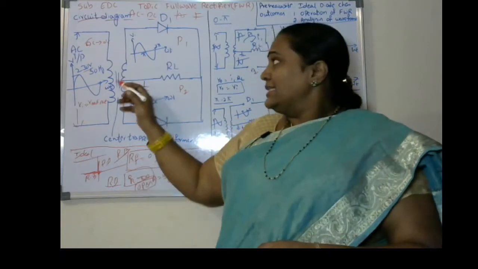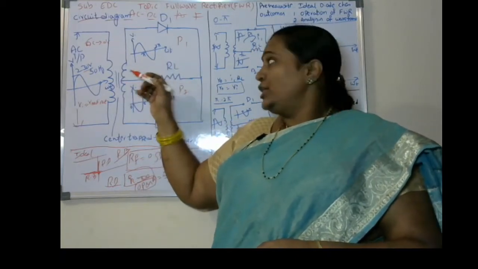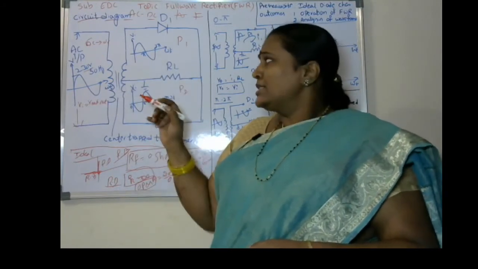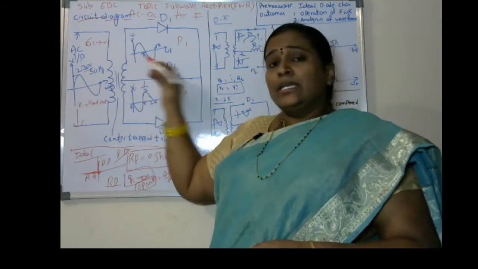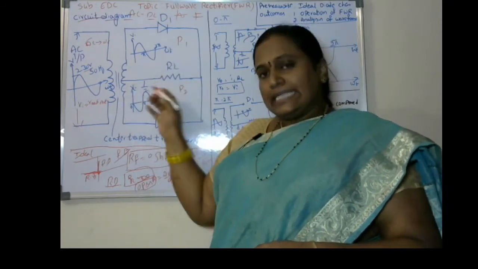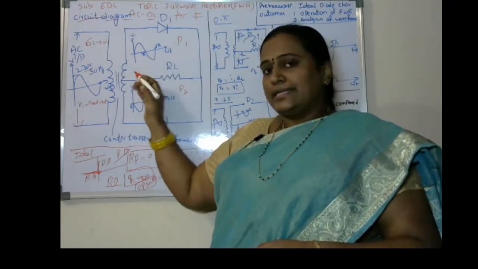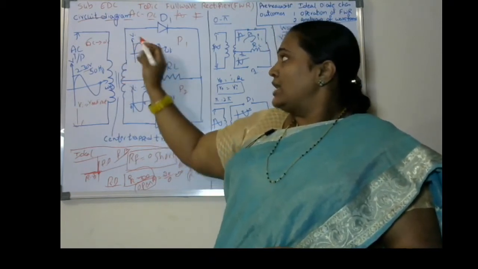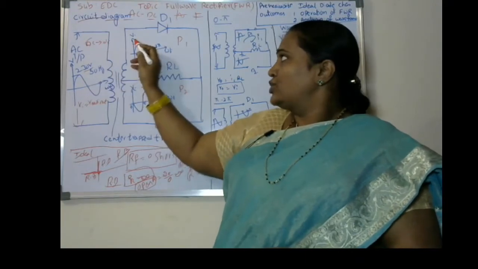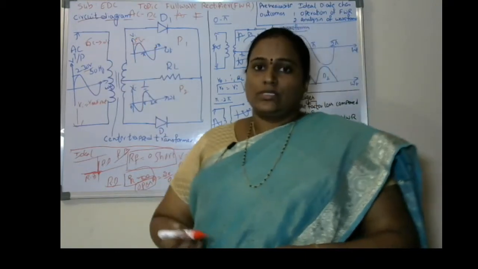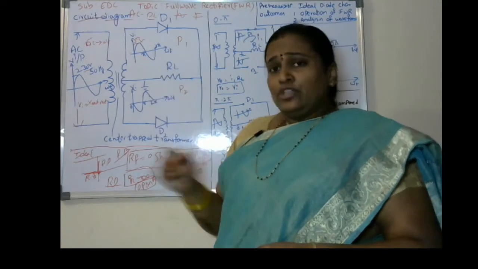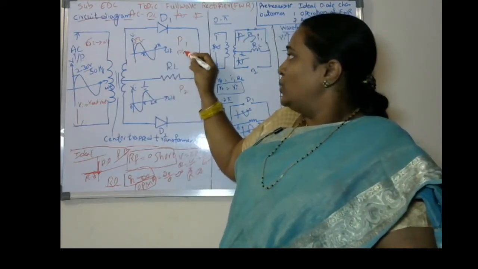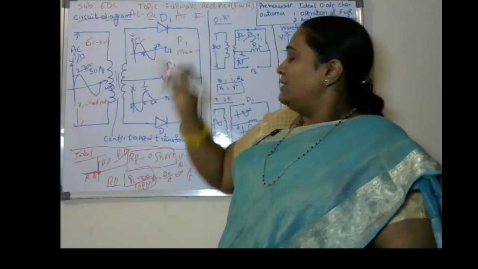It is arranged such that in part 1 the signal is generated as it is with respect to the input signal, without any phase shift. The voltage will decrease since it is a step down transformer. If it is 230 volts, I am assuming it is going to generate only 5 volts. But if you observe the phase shift, it will be equal to 0 in the first part.